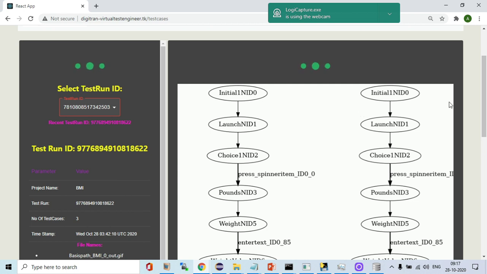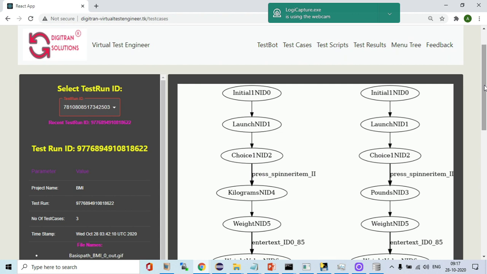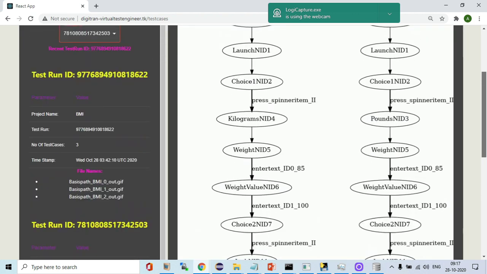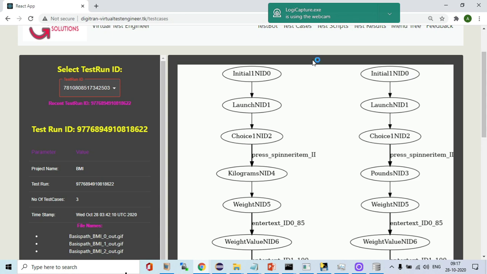Here you can see the test cases. For example, here it starts with the initial, then it launches, then spinner item 2 is present, then kilogram, that is kilogram, then the weight is selected, then now 85 is entered here.